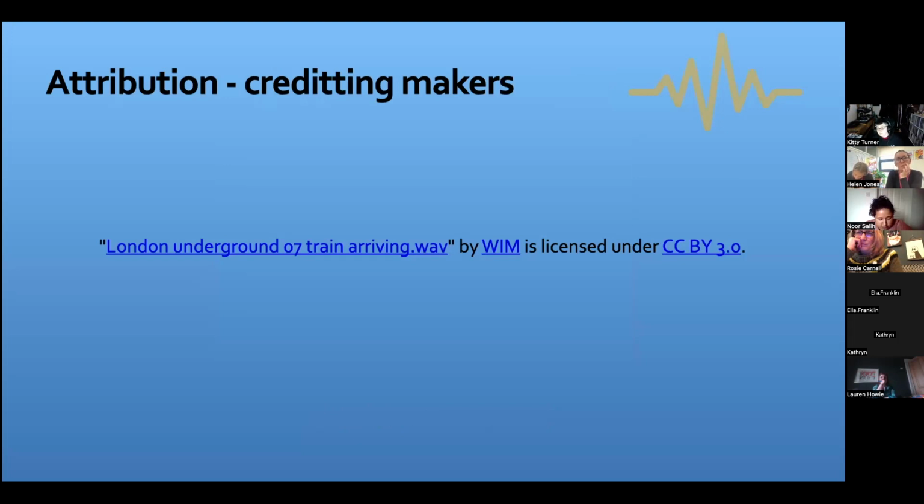And it's appropriate because it contains the title, it contains the creator, it contains the source, i.e. a hyperlink back to that Openverse listing, and it's appropriate because it contains the type of license. And this is the text that should be included in your show notes or accompanying text to your podcast.